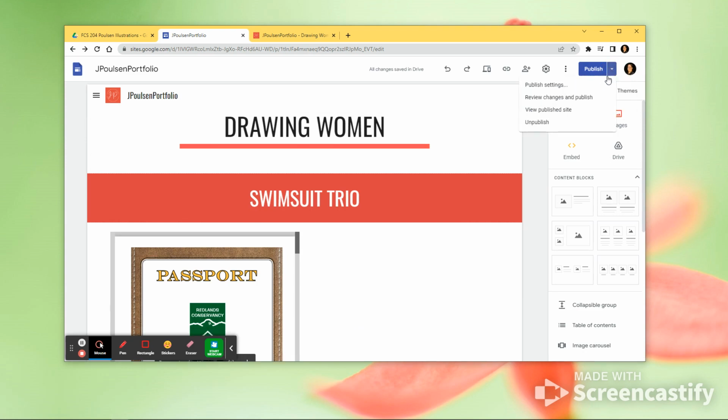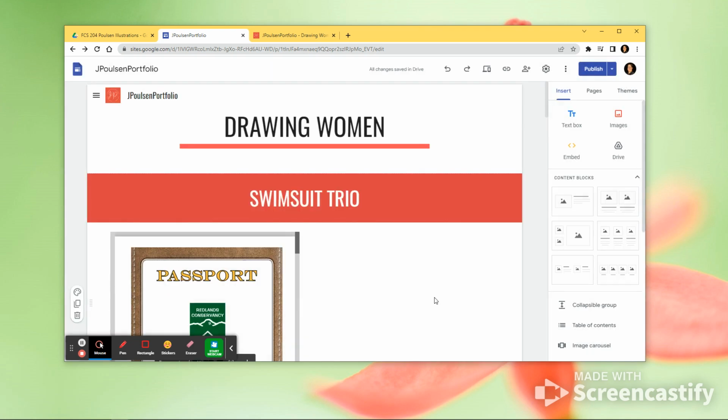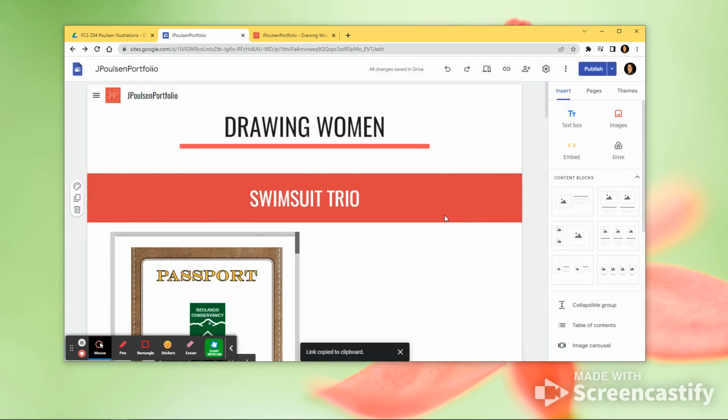Another good thing is to check your settings and see what your web address is. If you copied my template, it's going to say something like FCS 108 portfolio. So you want to make this personal. You want to make it yours. Okay. And then when you turn in your link, make sure that you copy the published site link. And that will take me to your site that has been published. So if you follow all the